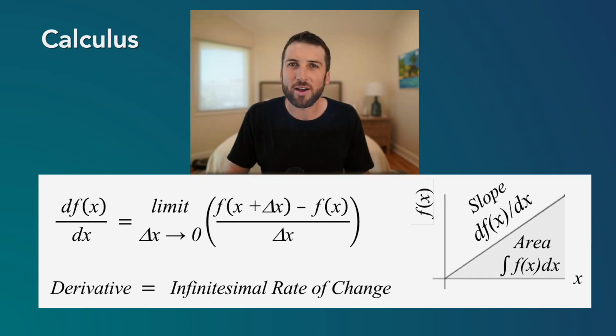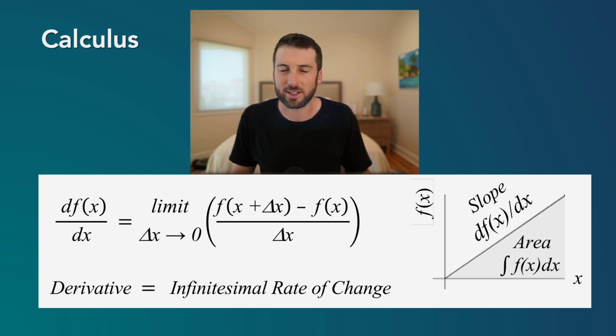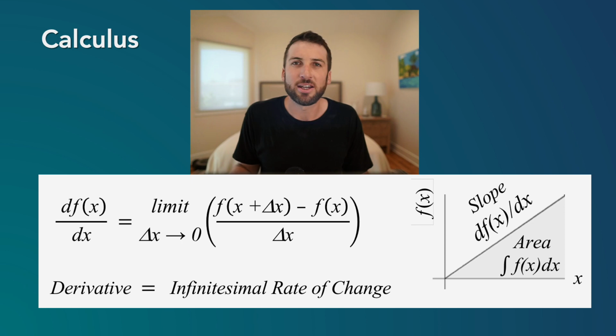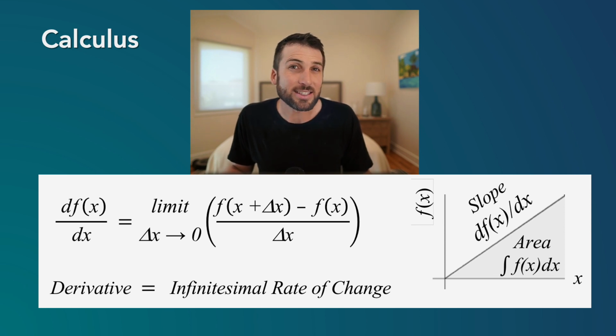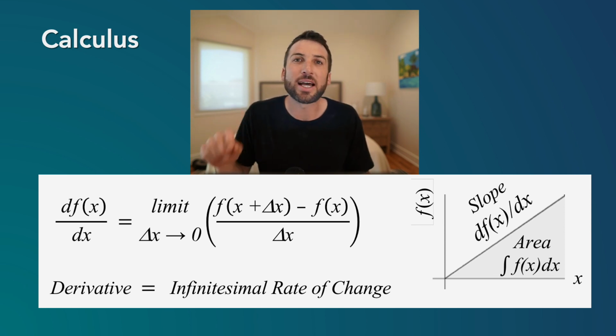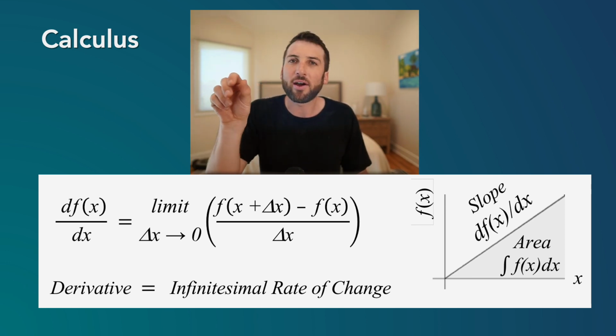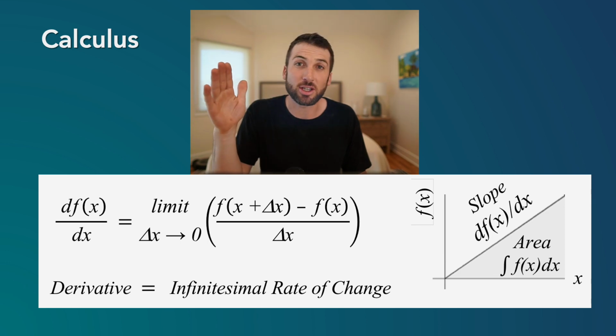So calculus was a revolutionary advancement in mathematics that really helped Newton understand the trajectory of planetary bodies and calculate a lot of other really interesting things. Now, the key part about calculus is to understand the derivative, here represented d. And so the derivative of f of x divided by the derivative of x, that is the infinitesimal rate of change. So what is the change in the height divided by the change in the width? And that's usually the slope.